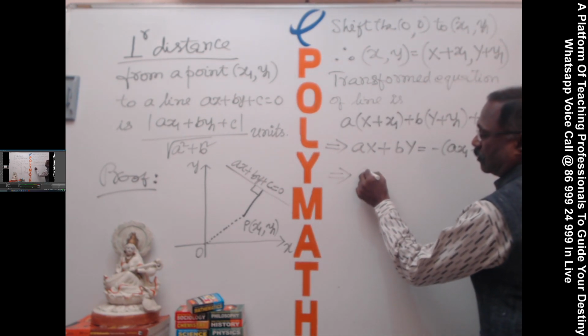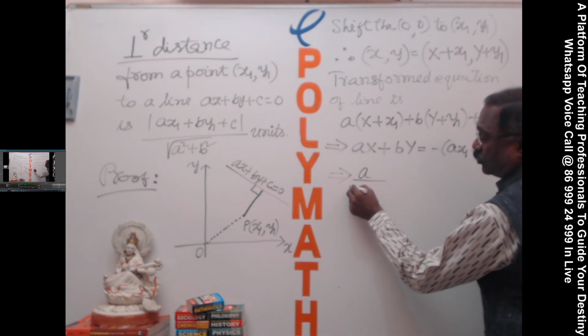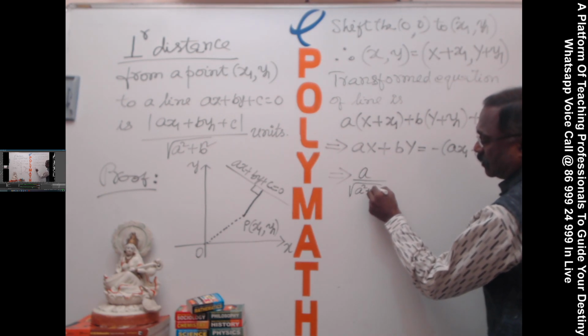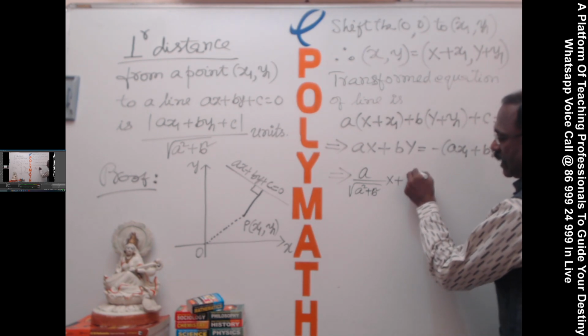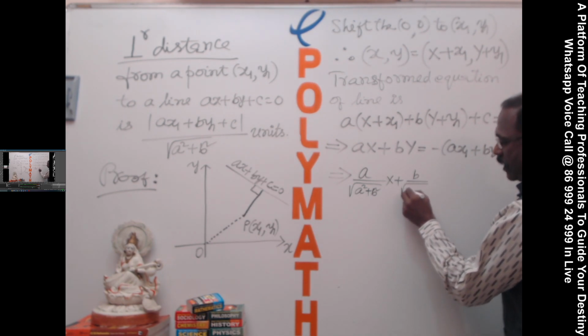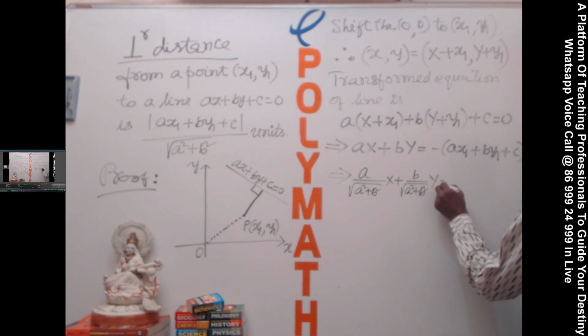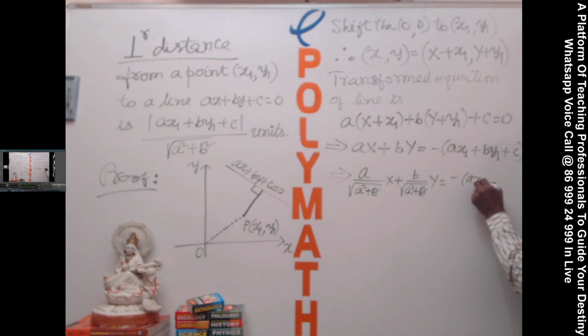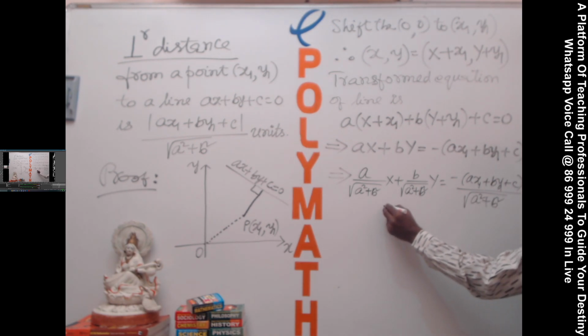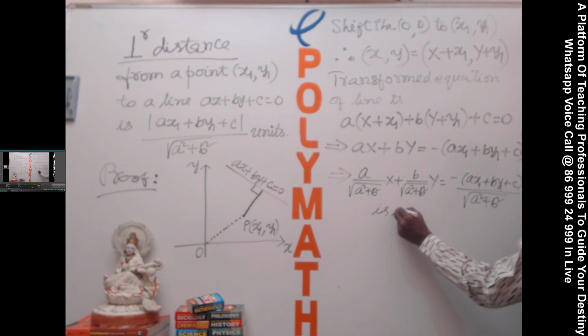That's what I'm doing: a by root over a square plus b square into x plus b by root over a square plus b square into y is equal to minus of (ax1 plus by1 plus c) divided by root over a square plus b square, which is in the form of